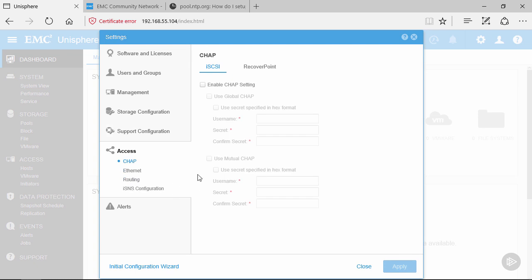The first configuration option is CHAP. CHAP is basically a secure protocol for iSCSI, and it gives us the ability to put in a username and then a secret to make sure that the conversation between the storage array and the host is happening in a secure fashion. In our environment, we don't implement CHAP, so we're not going to configure this at this point in time. But if you do, based on your configuration in your environment, you would set up the settings that are appropriate